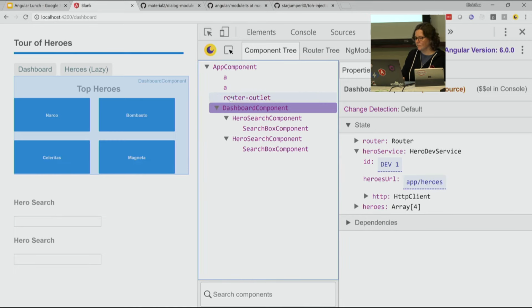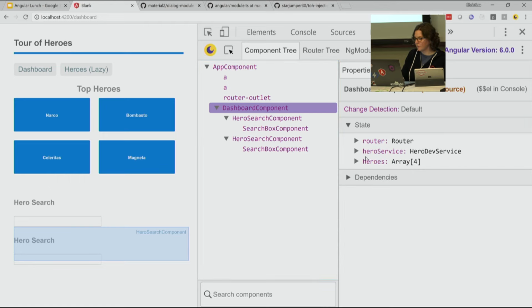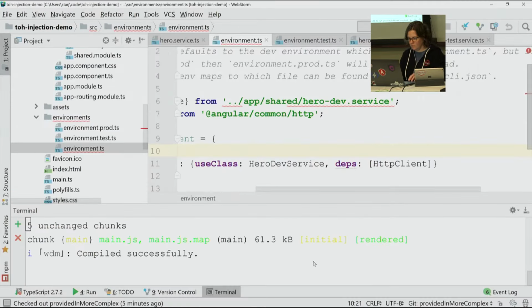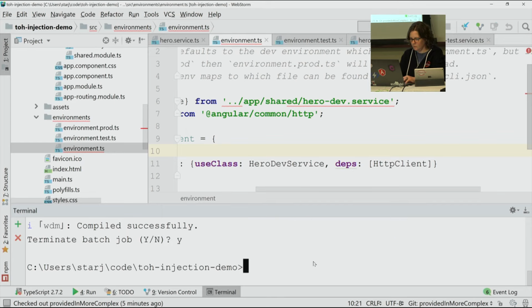There we go. Okay. HeroService. So here you can see that HeroService is really a HeroDevService, and also you can see the ID is dev1. Okay. So now if I go back to here and I kill this, and now I say ng serve -c equals